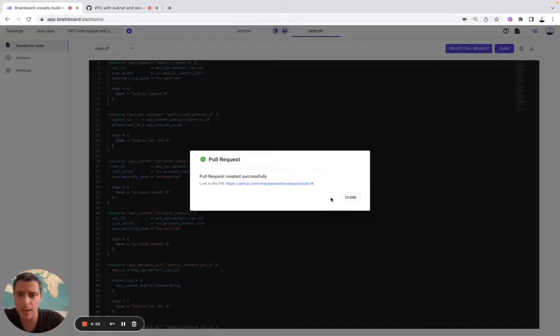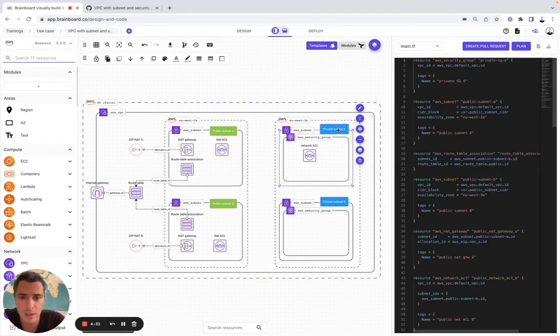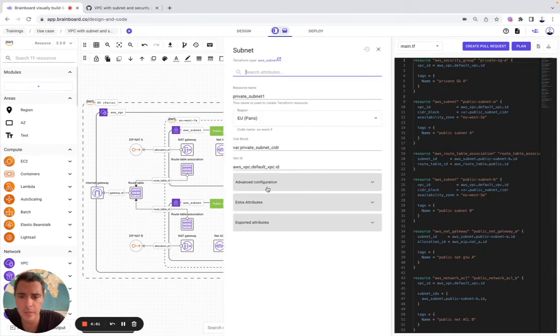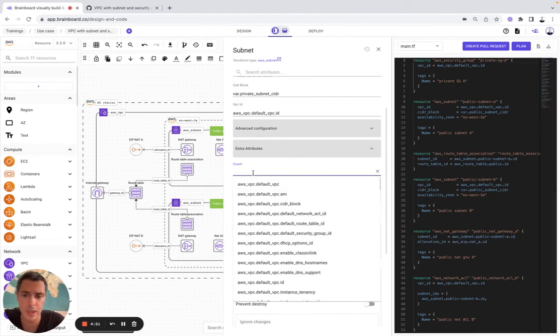What you can do as well is you can use meta arguments. So meta arguments, you simply need to go there. Let's say that you would like to duplicate the AWS subnet cloud configuration. Then you go to extra attributes, and here you can choose either count, depends on, or for each. Let's say that you would like to create a count of this resource, let's say 3,